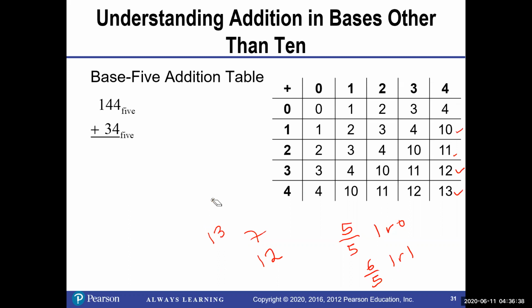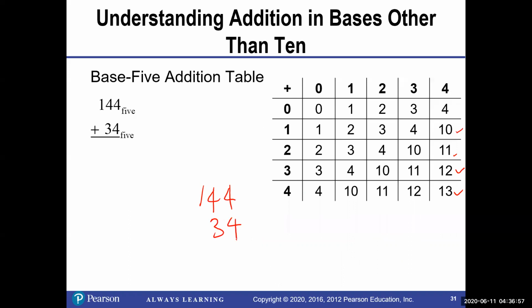Okay, so that's how you add numbers in base 5. Okay, if you had to do it in different bases, that's how you go about it, the same way. So here we've been asked to do 144